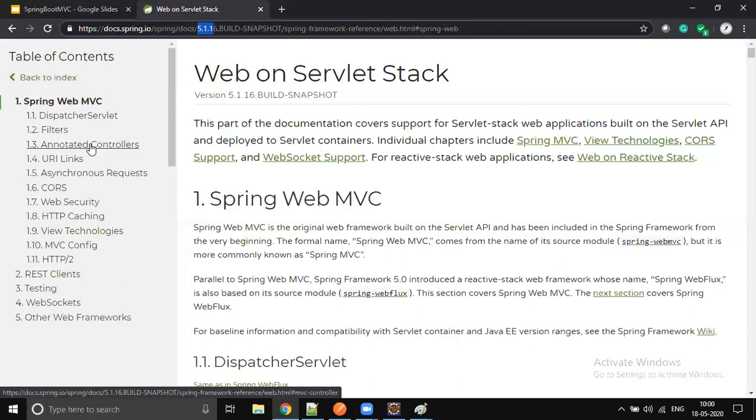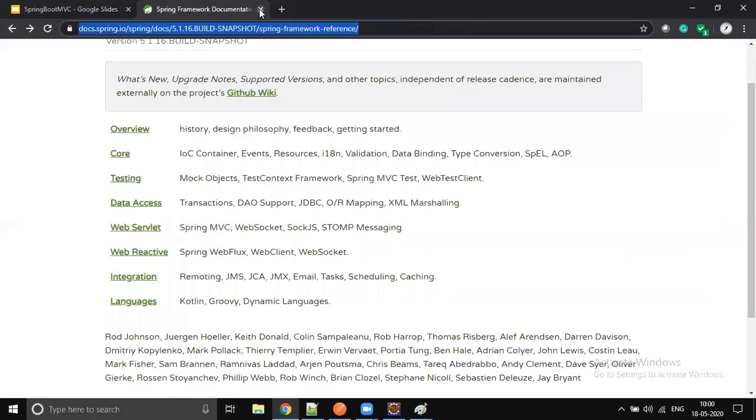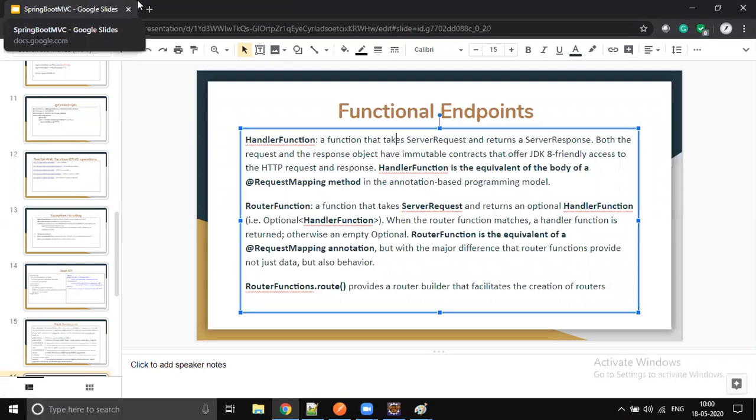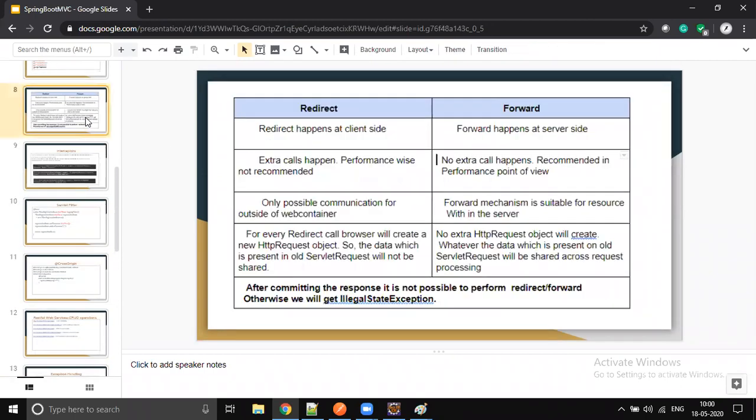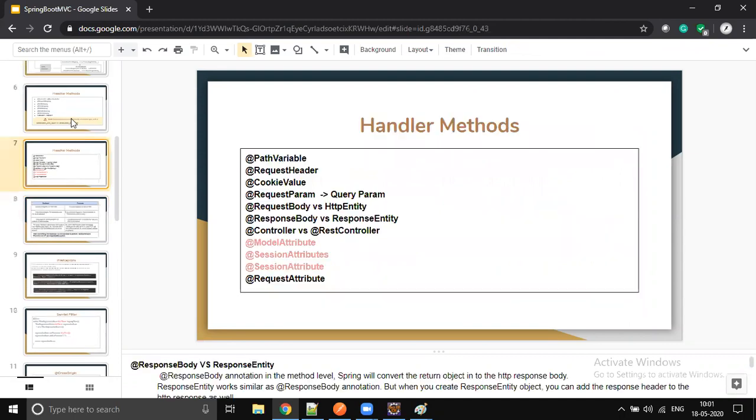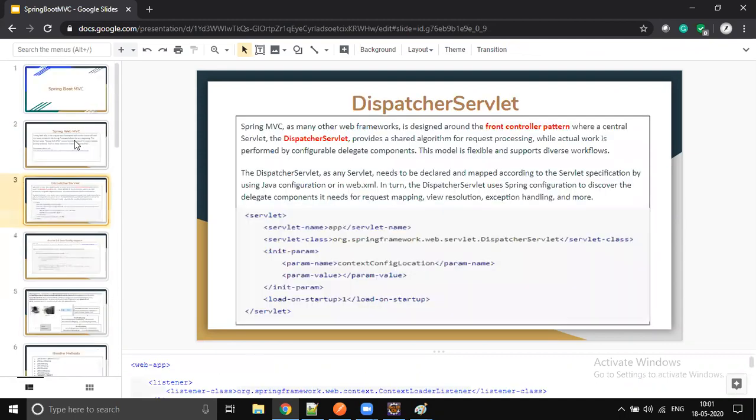What you are saying is correct, because in Python and others it has already been there, but in Spring and Java people have only just started using it. I never see anyone asking the functional question. They're still asking controller versus REST controller and request mapping things. No one has moved to this part yet. Okay, no more controversy, guys. It's up to the interviewer. If he knows, he will ask. If he doesn't know, he won't ask. It's your luck.